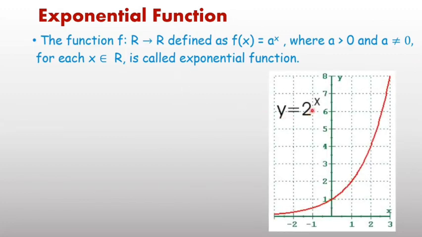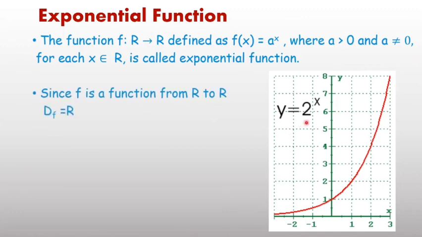For example, y equal to 2 power x. Here base taken as 2 and graph of 2 power x is here given. For different points you can take. If x equal to 0, y equal to 1, this point is here. x 1, y 2, second point. x 2, value of y is 4, third point. Join them, you will get the graph of function y equal to 2 power x.